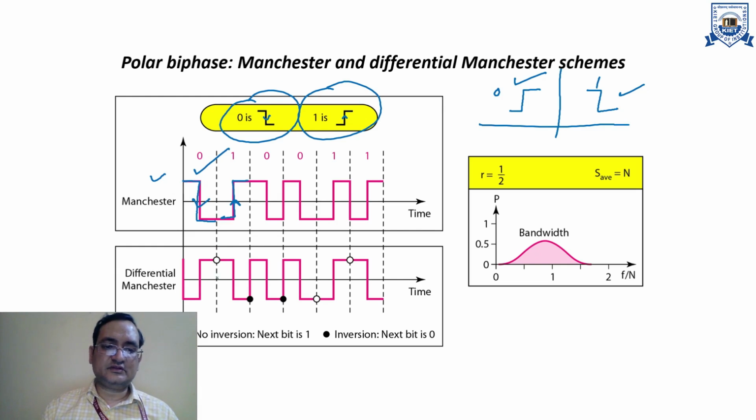But in differential Manchester, you can see that when 1 is detected, the level will be changed. For example, if 0 is represented, then 0 will be from negative to positive, right? Then when 1 is received, the transition will occur from positive to negative, and then when 0 is transmitted again, there is no change. That means this side is positive to negative, and again when you transmit 0, the level change should be the same as the previous pulse. Similarly, again 0, transition from positive to negative, but as 1 is just transmitted, it will again change the level, from negative to positive. Again 1 is received, so that is from positive to negative voltage.